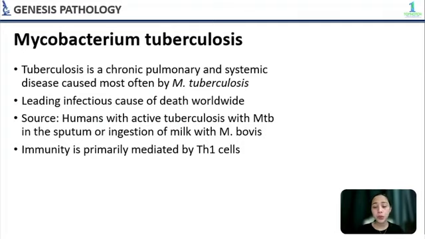So, Mycobacterium tuberculosis, these are aerobic rods, right? They have a lot of lipid in their cell wall, which is why they are acid fast, meaning they retain the stain even if you treat with acid alcohol. Okay? So, this Mycobacterium tuberculosis is the cause of TB. The source of transmission is usually humans with active TB who release Mycobacterium in the sputum. Oropharyngeal and intestinal TB can also be contracted by drinking milk contaminated with Mycobacterium bovis. But right now, it is not common.